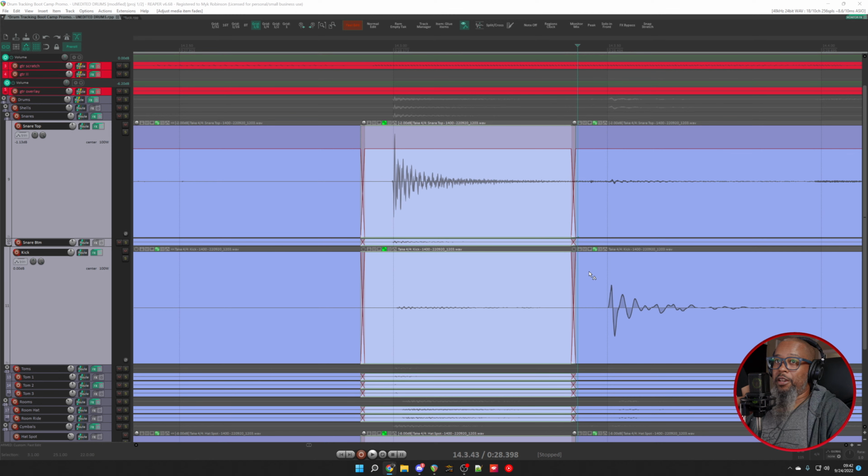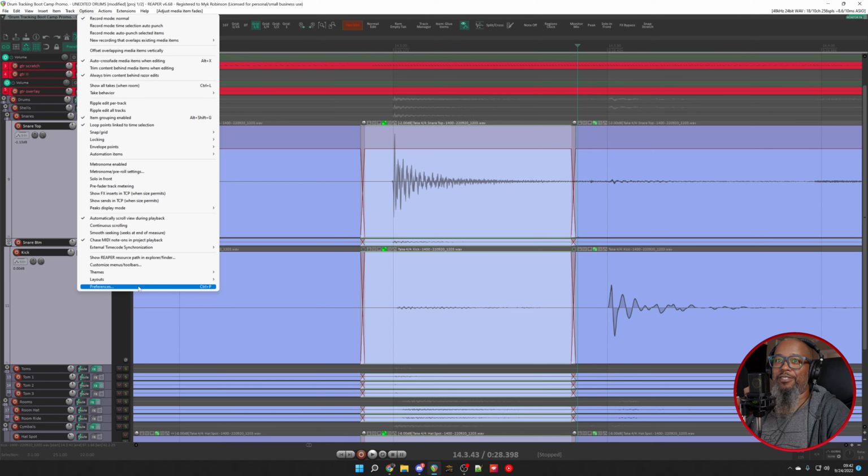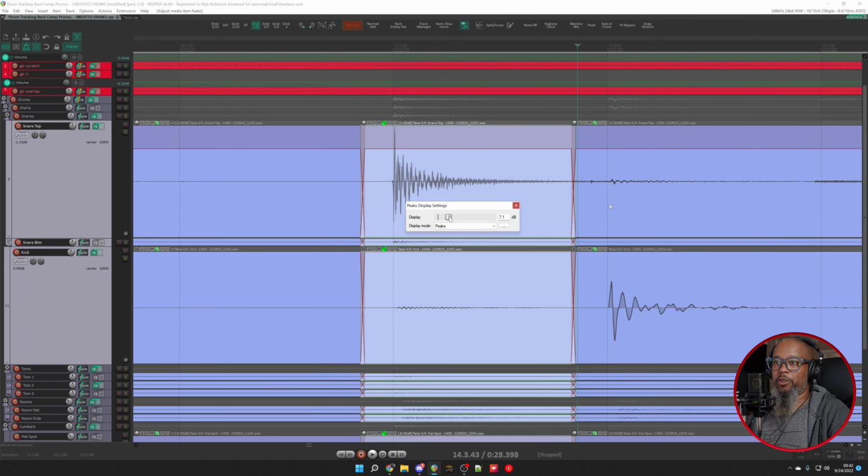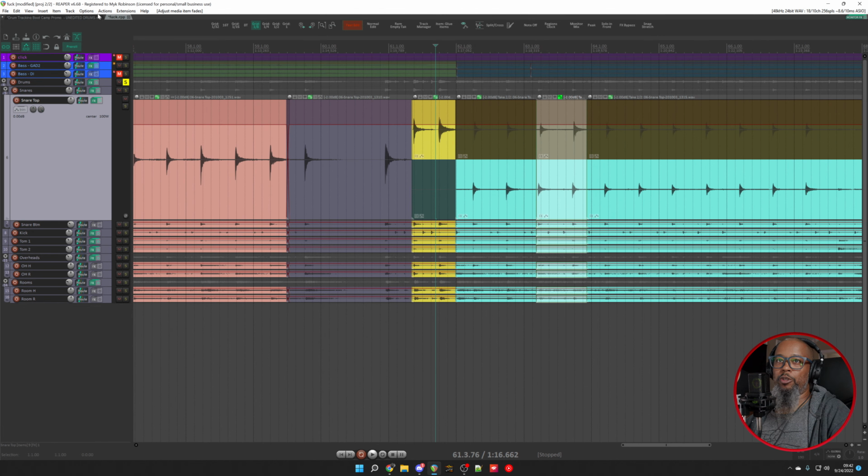My wife is asking if when we open a new project, does it keep the display settings? Let's find out. Let's see, what was that action that I did? There was show peaks display. Let's crank this up to 10.5. Now if I go into my other project,